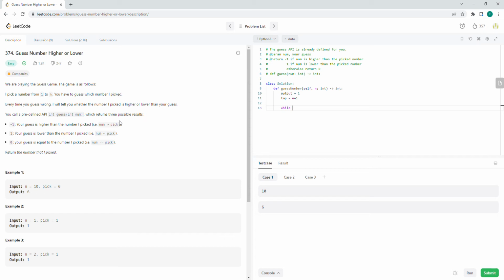while our output plus 1 is less than the temp variable. We'll call it n actually. Call it the start. Call this n. While start plus 1 is less than the n,